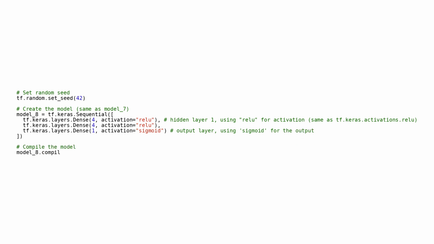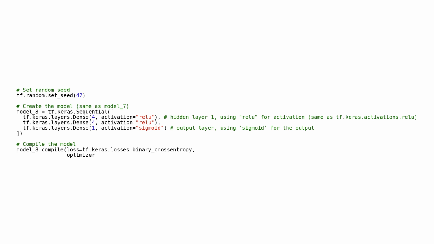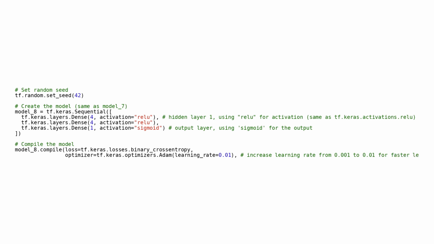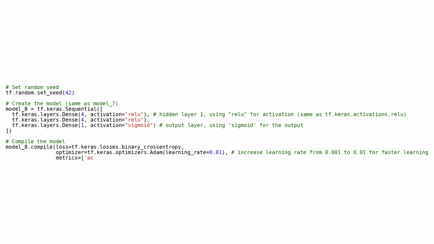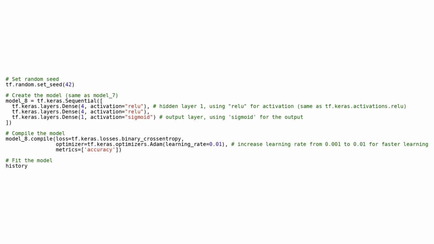for binary classification tasks. After defining the model architecture, the code compiles the model specifying a binary cross-entropy loss function, the Adam optimizer, with a learning rate of 0.01, indicating that the model's parameters will be updated in larger steps than the default rate, and an accuracy metric to monitor the training process. Finally, the model is fitted on the provided training data, x_train and y_train, for 25 epochs, which means the gradient descent optimization algorithm will cycle through the entire dataset 25 times to adjust model weights and minimize the loss, effectively